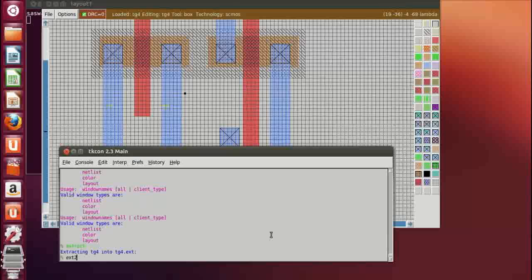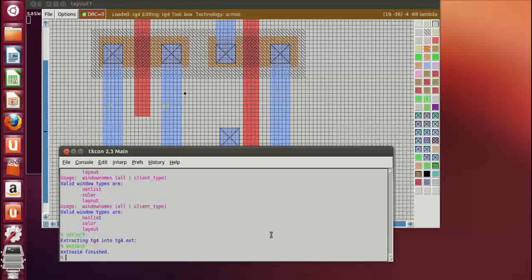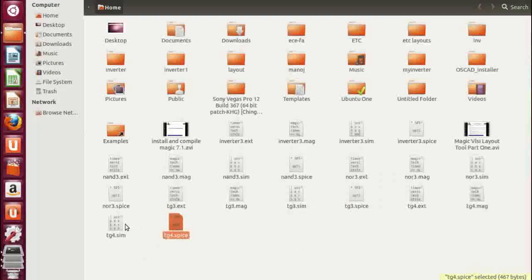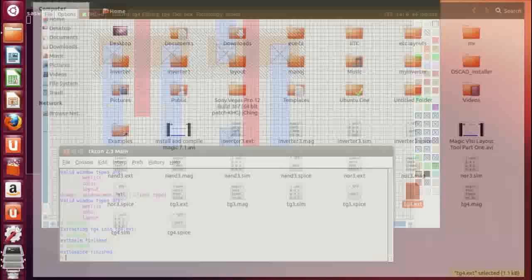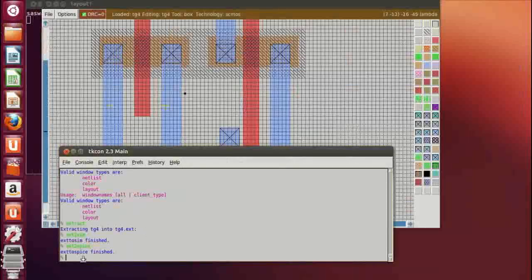After the ext file, we'll extract it to the sim file, ext to sim, and then ext to spice. So we have tg4, sim, spice, magic file, and the ext file. Okay, now if we want to exit,